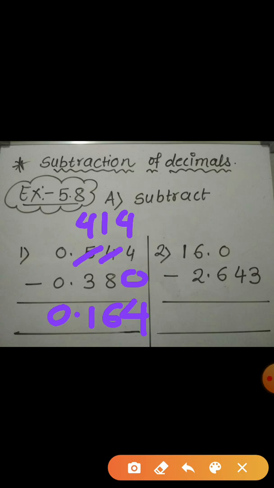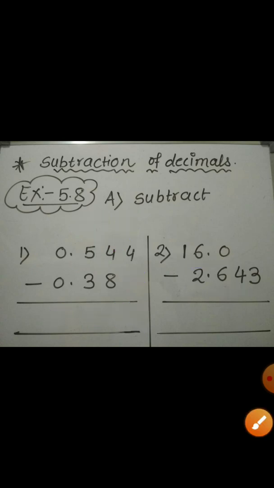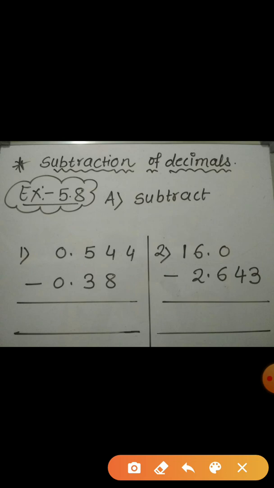Now let's see one more example. Here again two decimal numbers are given which are unlike decimals. Hence first of all I convert them into like decimals. So here I am going to put two zeros at the end of the first decimal number. And now I am going to subtract. Now 3 cannot be subtracted from 0, so we need to take a borrow from the next digit. But the next digit of 0 is again 0 and the next of it is again 0, right? So here I am going to cut 6 and write there 5.